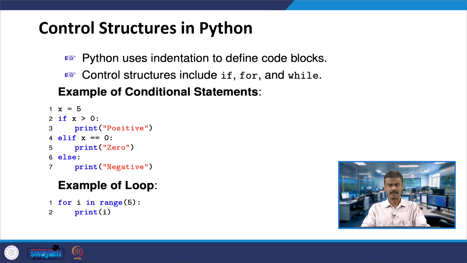All right, so in continuation, assume that you have a conditional statement. In C++ and Java you know very well, it is similar to Java or C++. You can see some slight syntax changes. So here you go, suppose you want to use the conditional statements. Assume that x is equal to 5. If x greater than 0, you are going to print it is positive.